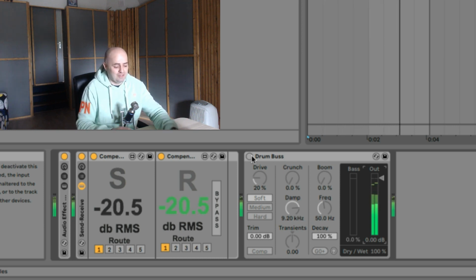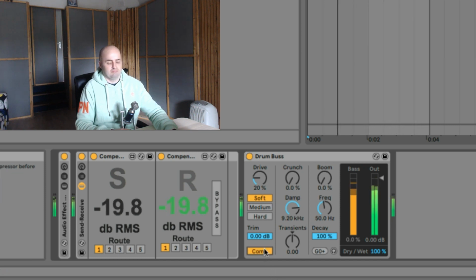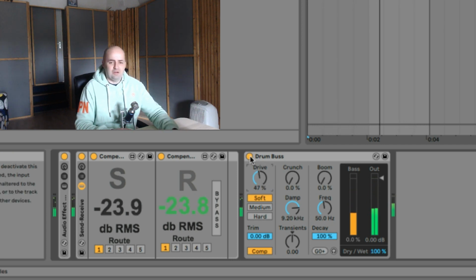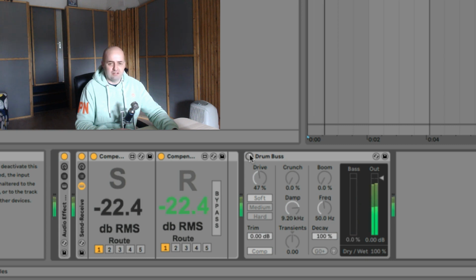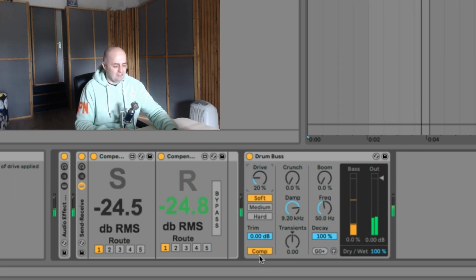playing, super groovy. Turn on Drum Bus. What the fuck? Let's turn on the compression. What the fuck? Let's add a little bit of drive. What the fuck? This is before? That's super annoying to me, because every single time I use this, I have to